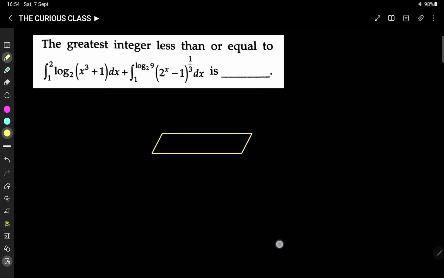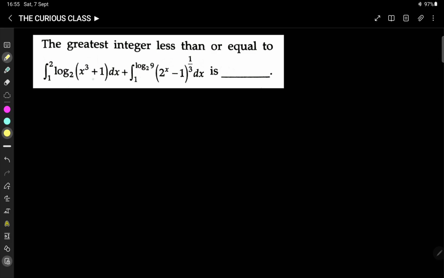Otherwise, if you keep on solving and tackling the question, you will just get hung up going round and round. So I'll tell you what to look for. See,